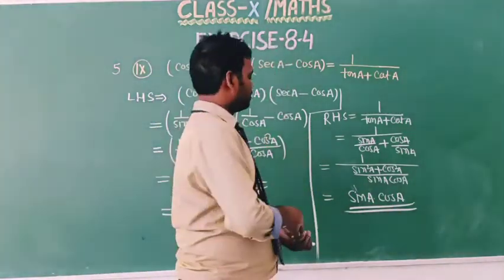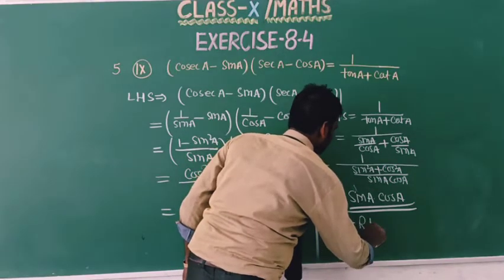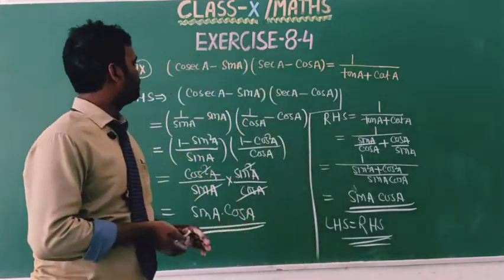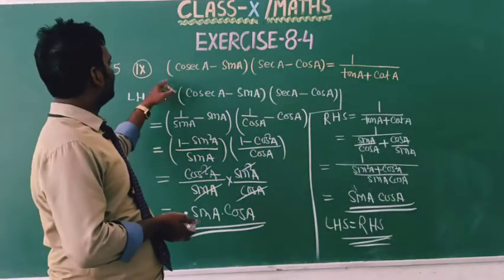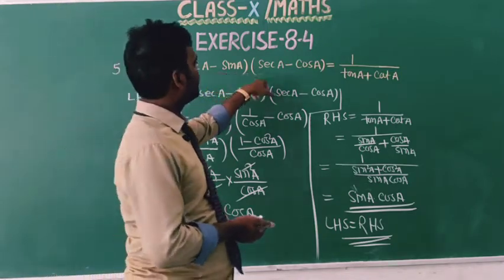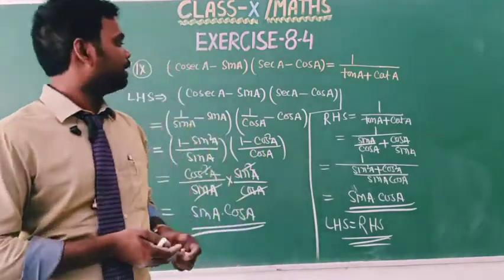Okay, so therefore LHS equal to RHS. So this is the proof of the identity (cos A minus sin A) (sec A minus cos A) equal to 1 upon tan A plus cot A. Okay,